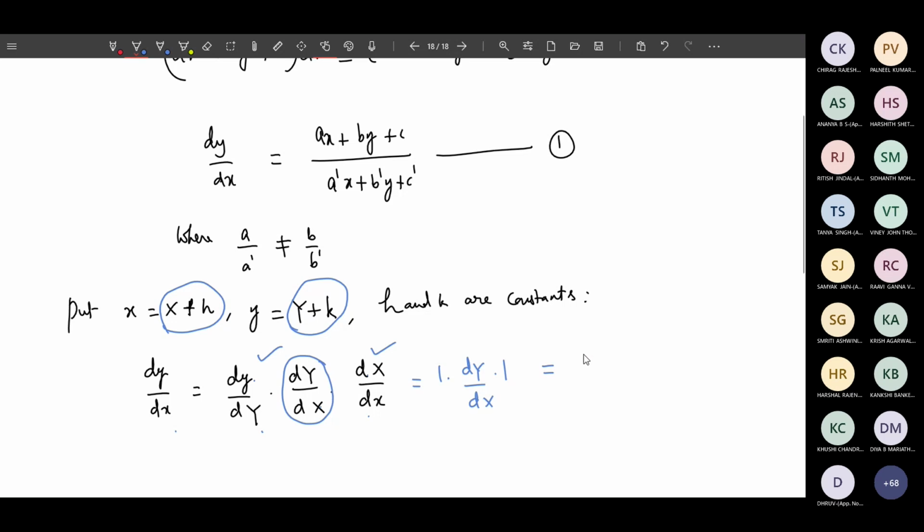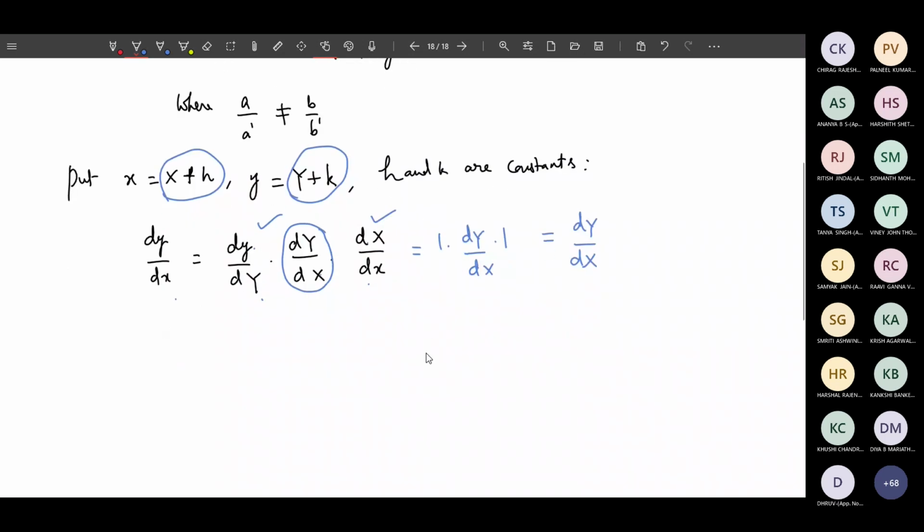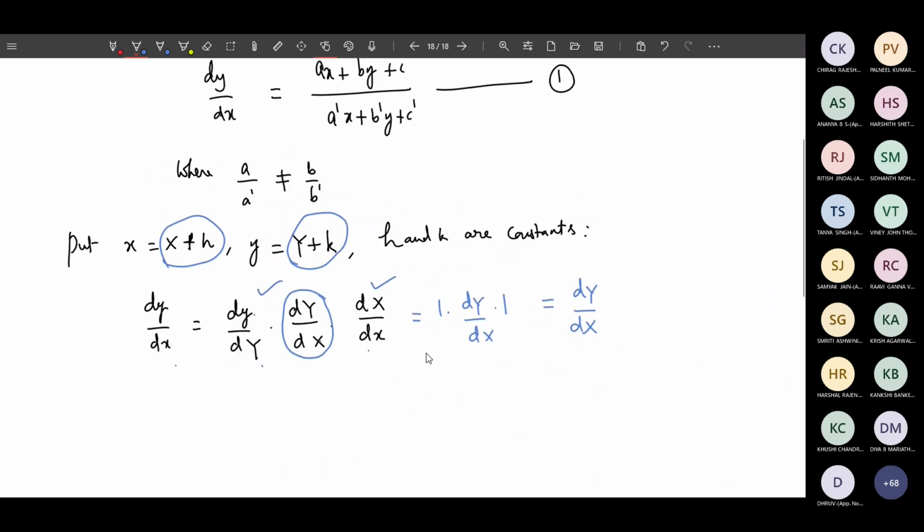So this is ultimately d capital Y by d capital X. That means small dy by dx is the same as capital dy by dx. There is no change in that. Now what about equation 1? In that case, equation 1 becomes